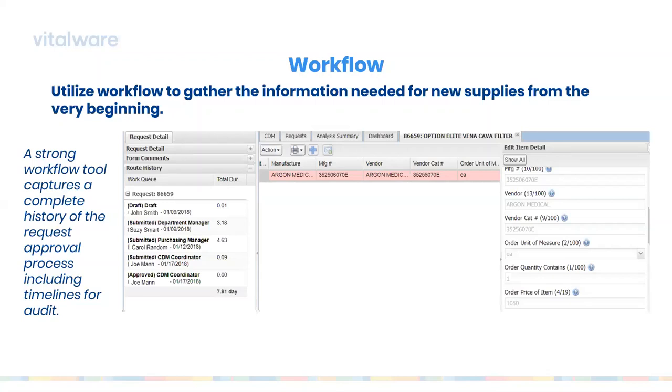history. So you can see in this example, we've actually opened up a request for a supply. And here I've put in some names. This is an old request that I found back in our history. But you can see in the left-hand side, this request went from the original requester, John Smith, to the department manager, and then to the purchasing manager, and then the CDM coordinator, and it was finally approved by the CDM coordinator. The entire process took 7.91 days in this particular example,